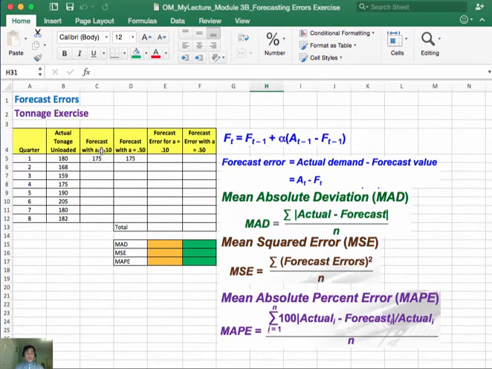Let us first start with forecast values. If you are using the exponential smoothing method, then you can calculate like this. You start with an equal sign and use the formula, which is right here: Ft equals Ft-1 plus alpha times (At-1 minus Ft-1). Here Ft-1 is the previous forecast, so you can simply click on the cell 175 and plus alpha. Alpha is given here as 0.1, so you can type 0.1